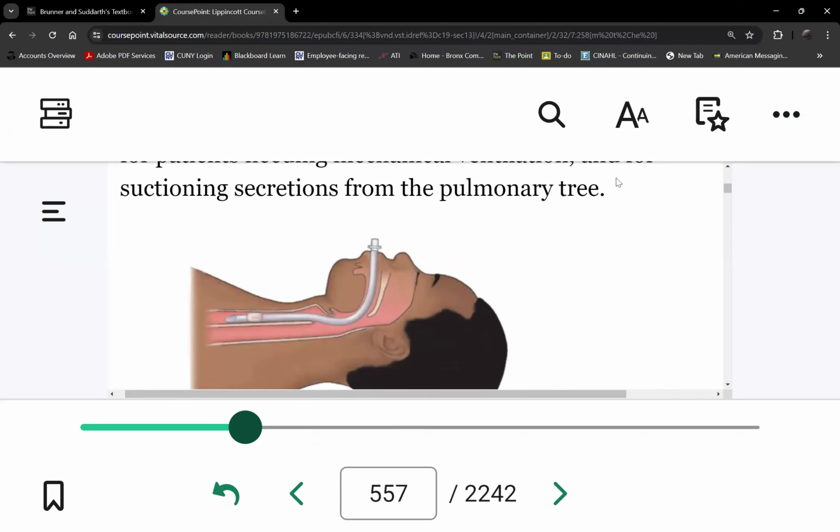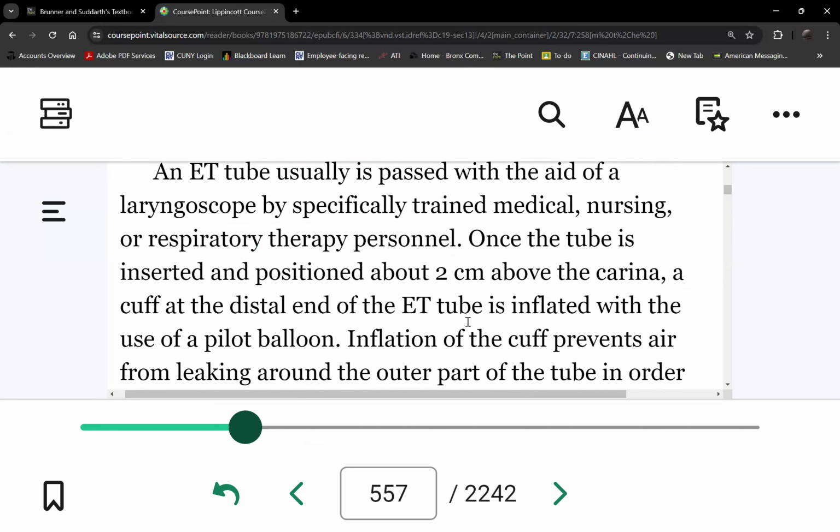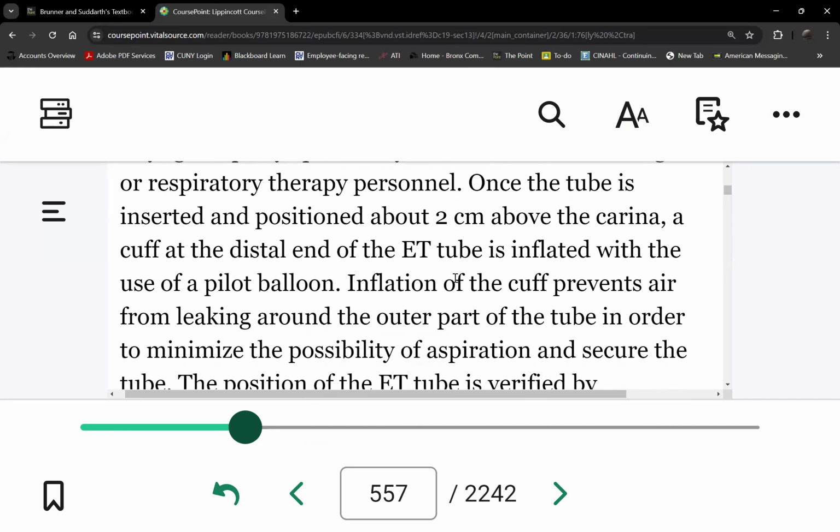So the carina is the point where your right and left mainstem bronchi form. So this part right here is the carina. This is the trachea, and then the right mainstem bronchus, left mainstem bronchus. That part there, that crotch, if you compare it to your legs, that would be the carina. So we want the tube to sit 2 centimeters above that, so less than an inch above. How do we know it's 2 centimeters above there? We need an x-ray. So right after this is intubated,